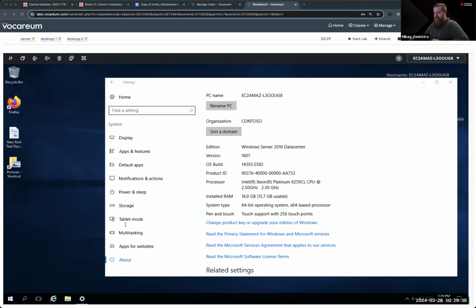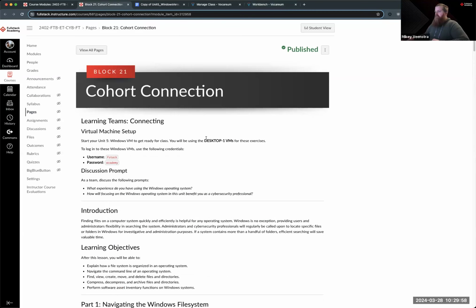All right, let's see here. Don't think we have much to touch base on questions-wise from this one. Not a lot of, strictly speaking, technical content. But I will mention, if you have not gotten logged in, if you open the lab and it's staring at you with a username and password prompt, those credentials are at the very top of block 21. Username is fstack, password is academy. That's for all of these Windows VMs. I will also point out,